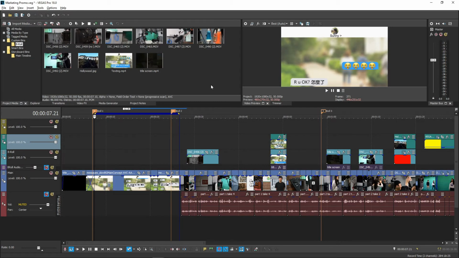Next, let's make our own multi-layered transitions and B-roll. I know, there are a lot of options in Vegas already. But Vegas transitions only help you move from one clip to another. By stacking multiple tracks and adjusting the timing, you can create your own transition or showcase many pieces of B-roll